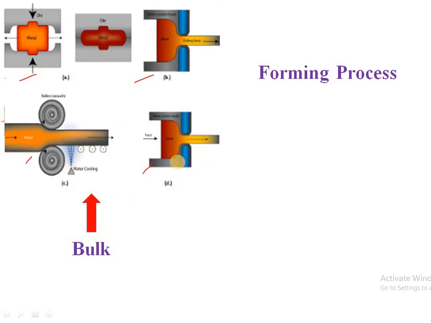Now the last one is the extrusion process. The example of the extrusion process you can say is toothpaste. So in this, the raw material is over here, and the back force is applied on this raw material, and this material is forced to flow out from this die opening, and this is your desired product. Drawing and extrusion are the same. The difference is here it is a pulling force and here it is a push force. These are the 4 bulk deformation processes.